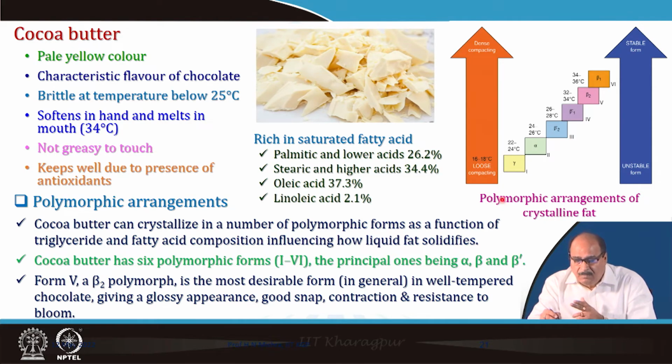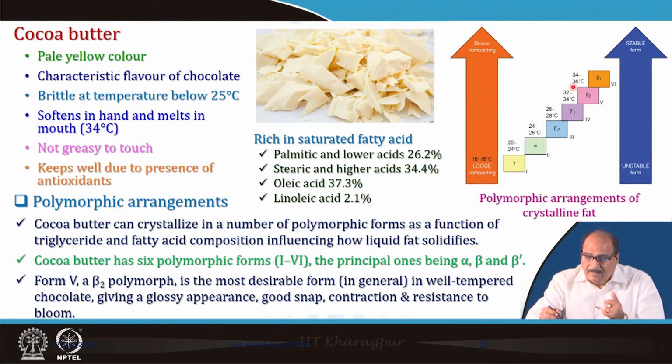At 16 to 18 degrees Celsius, the cocoa butter is of loose capacity, and then once it crystallizes at 20 to 24 degree, first polyform gamma, then during 24 to 26 degree alpha, second polyform, then beta 2 at 26 to 28, then fourth, fifth and finally at around 30 to 34 degree beta 1 polyform is obtained, and then this